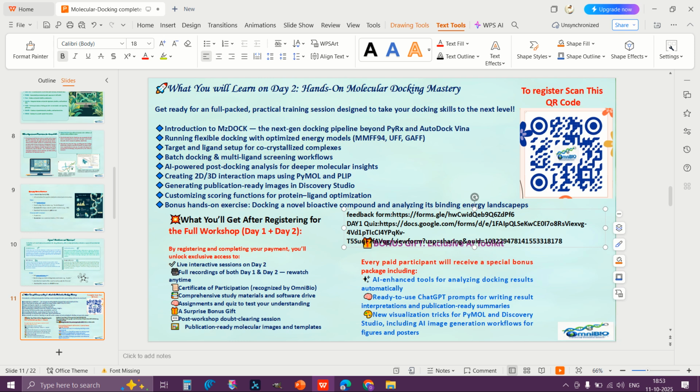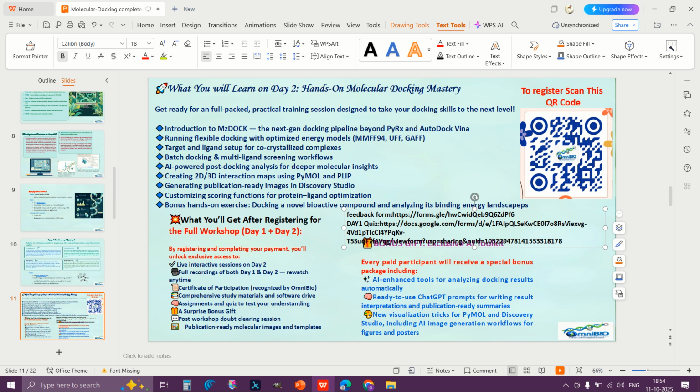Then we will know how to visualize the results in PyMOL and Discovery Studio, how PyMOL and Discovery Studio are used in the docking process,